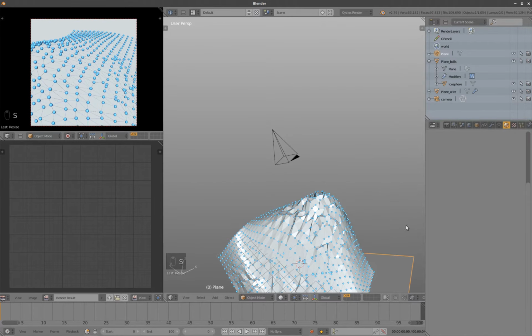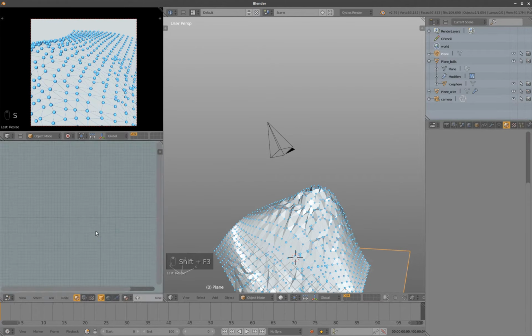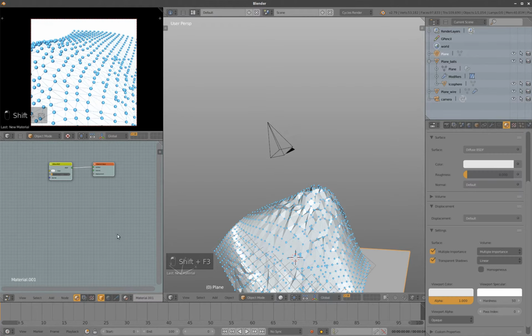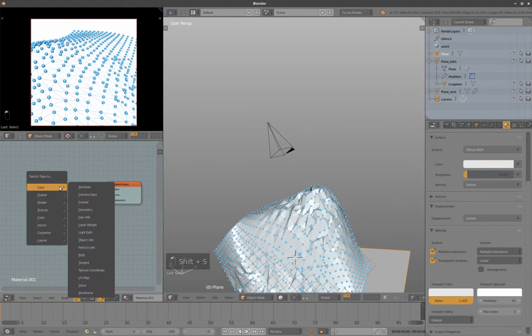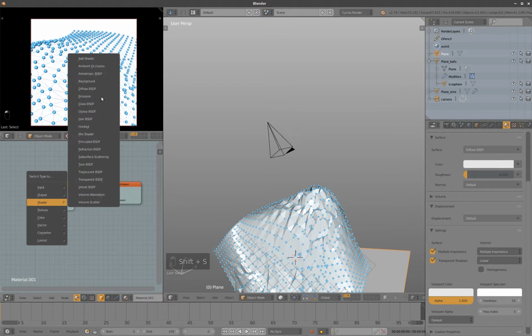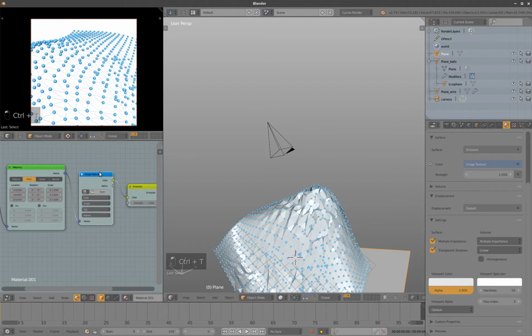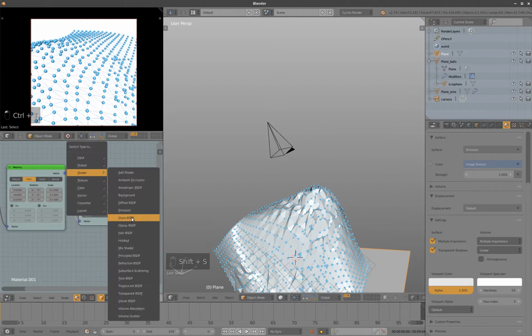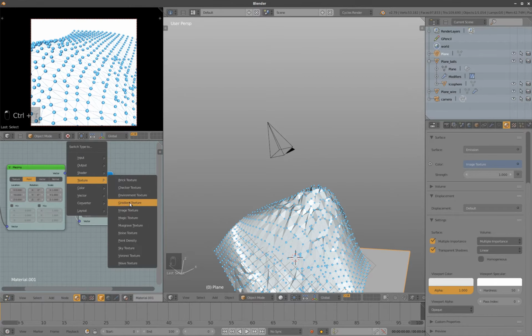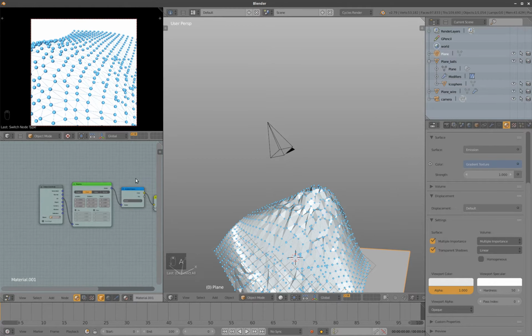Background plane, and let's put some, first of all, emission shader and gradient texture